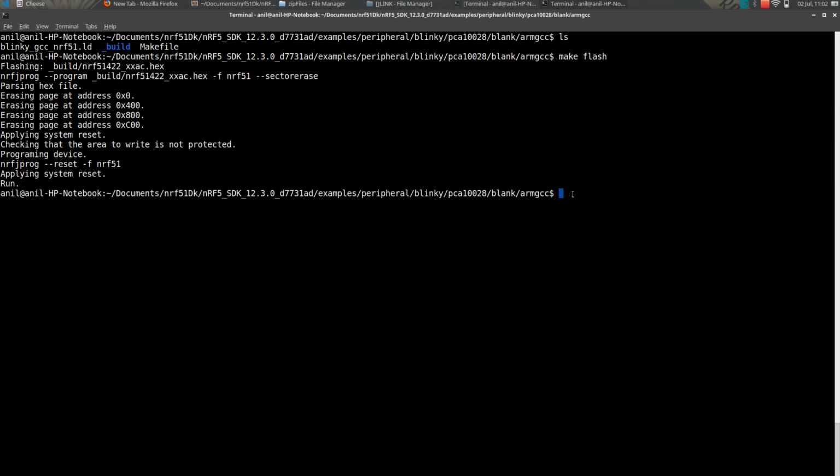Okay, so the command line is not the best way to debug the programming. I still haven't figured out how to debug these nRF SDK files. So I'm trying to set up an IDE to do that, but it will take me more time. Once I have done it, I will upload it.